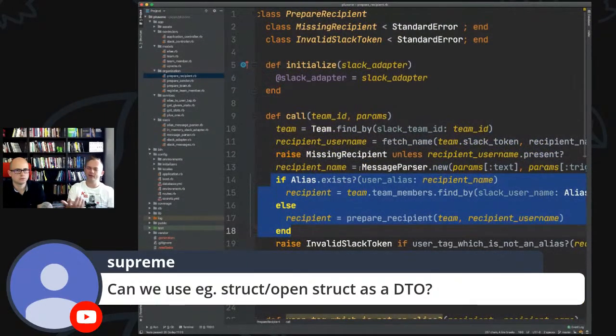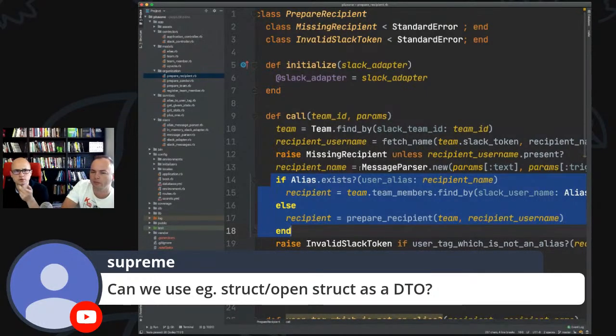But again, it's a good idea. Like, okay, where does it belong to, right? It should scream, and it does scream to me, it's a wrong place. But now the question is, okay, but where should I put it? Where's the logic of aliasing? And I still don't have a good answer probably for that.